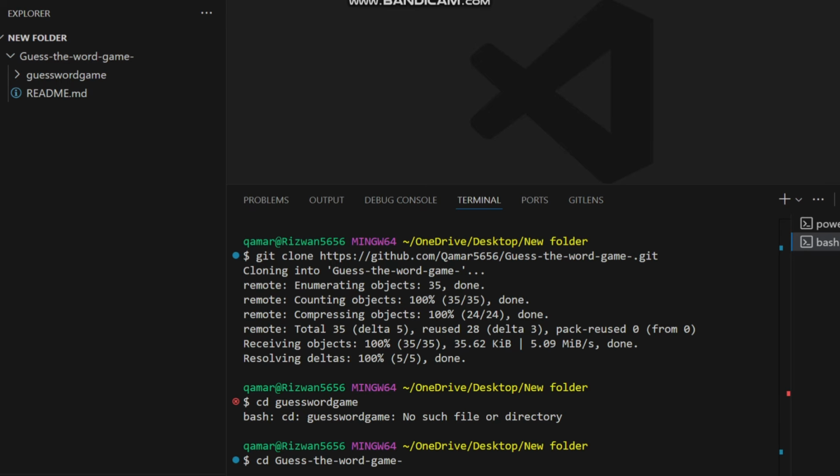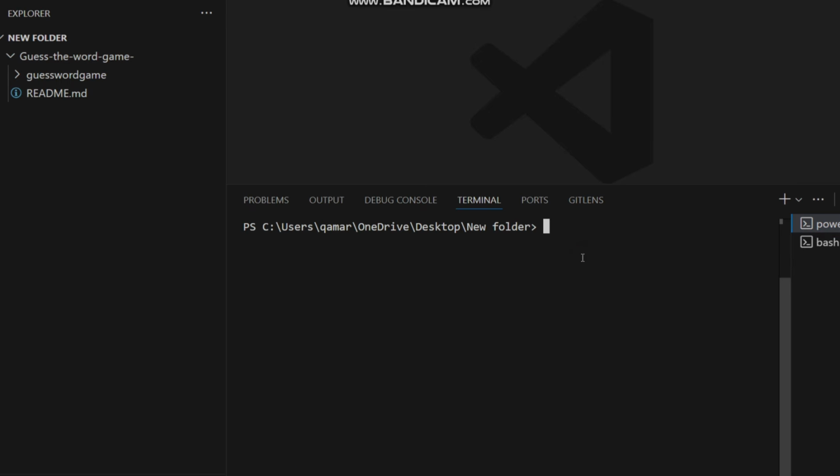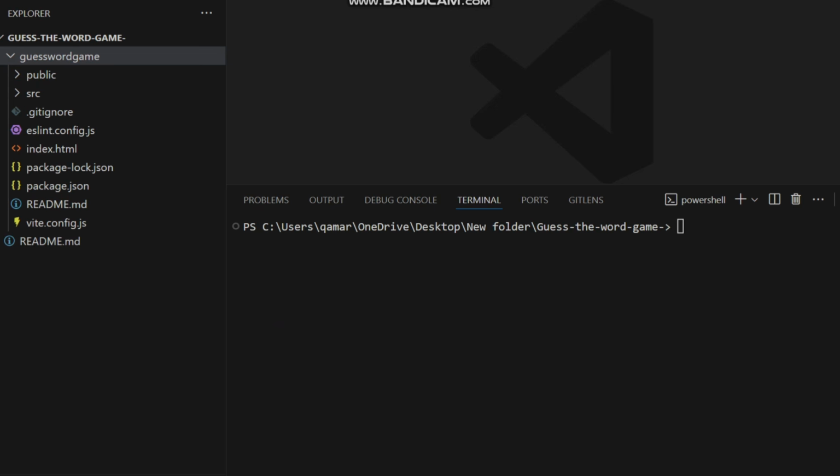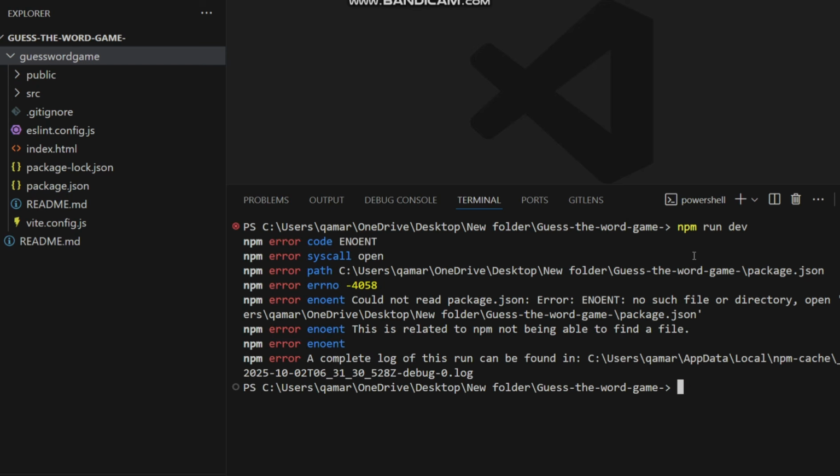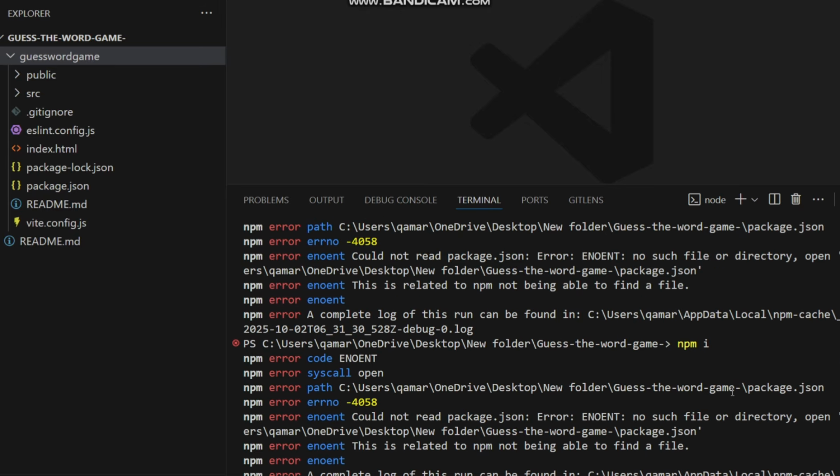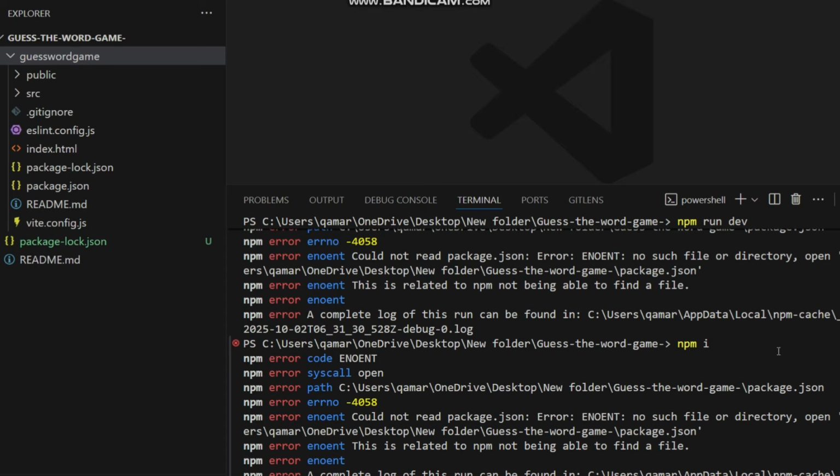Now I am moving back into my PowerShell. I am writing the command with which we run our project on our PC or system, npm run dev. Now it is showing an error. It is likely due to npm not being installed in this. So by installing npm,